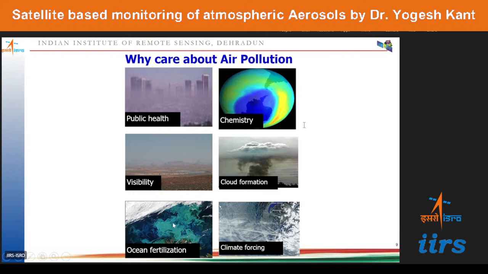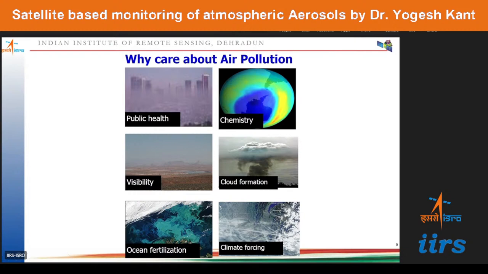It dissolves in the oceans and causes changes in the pH value of the ocean. That is, it is becoming more acidic, and hence there is an adverse impact on the aquatic species, and hence the ocean fertilization also changes. In the atmosphere, it reacts with the different particulates, and it changes the atmospheric chemistry.